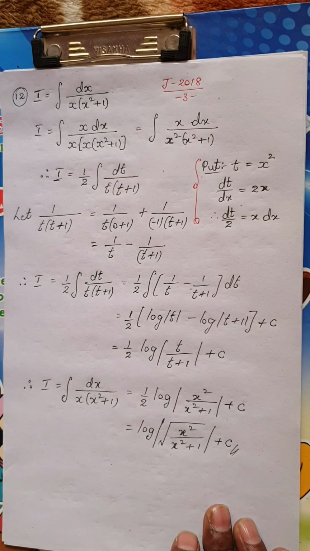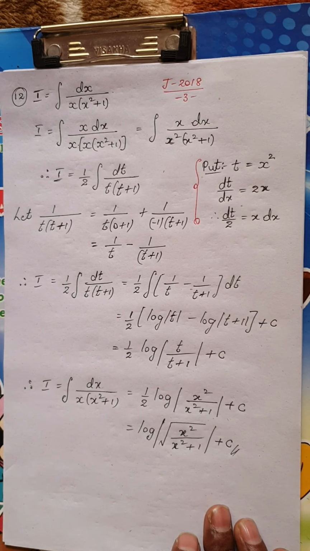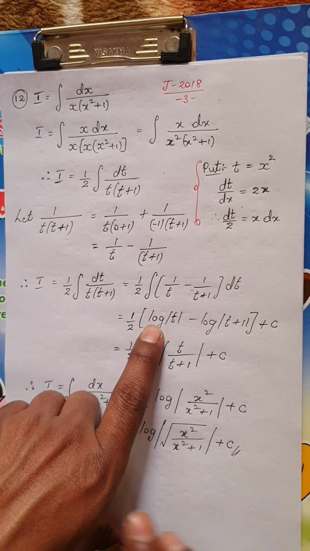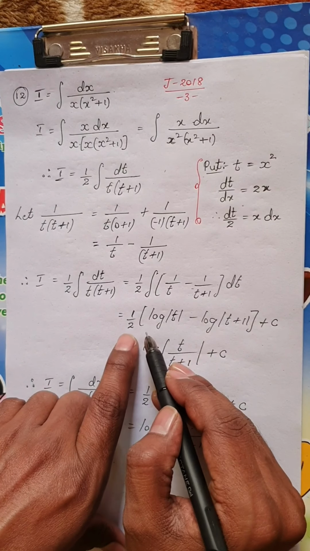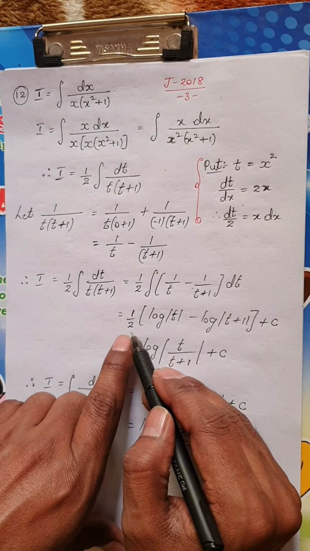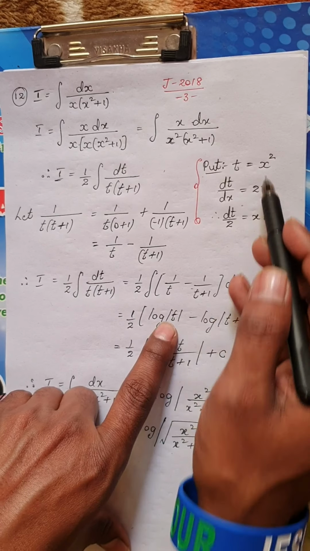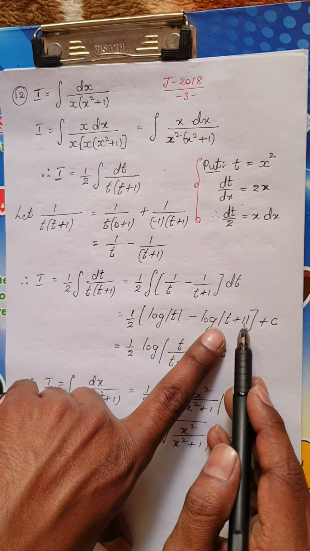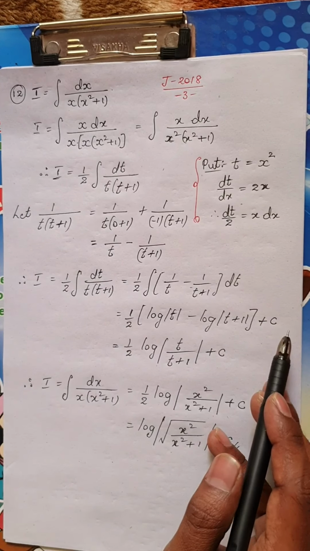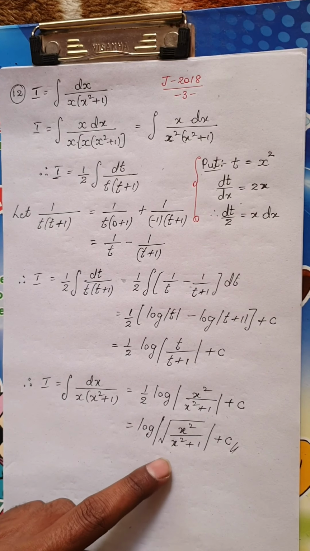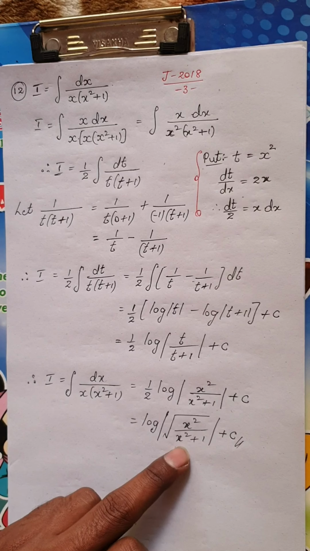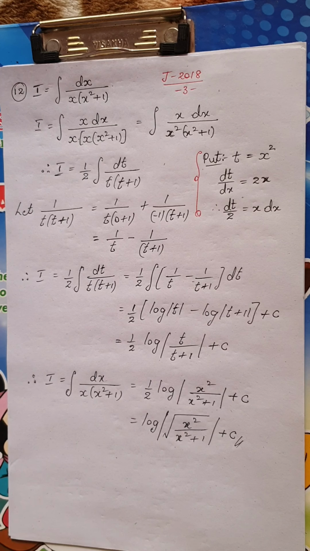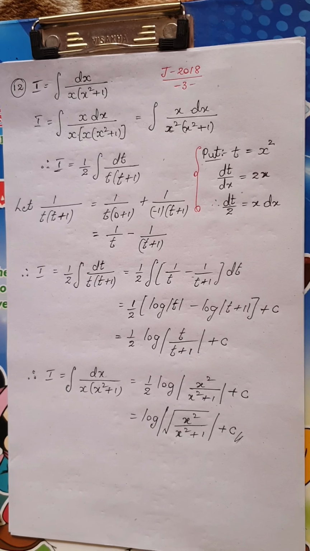And one more note, students, even if you leave the result here as it is by substituting for t, that is, if you leave I is equal to half of log of mod x square minus log of mod x square plus 1 plus c, you are going to get the marks. But this is the most simplified form of the above given function, that is the integral of the above given function. Is it clear? Right. Shall we move on to the next question?